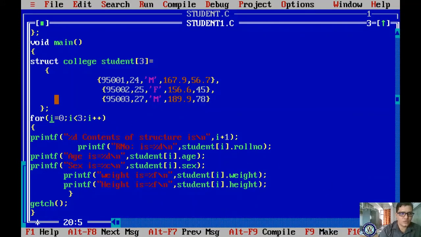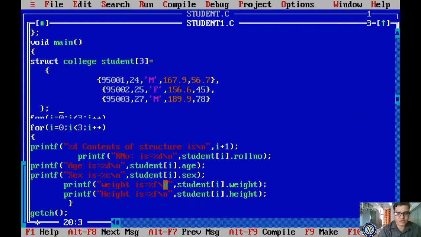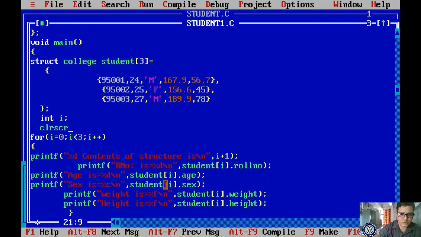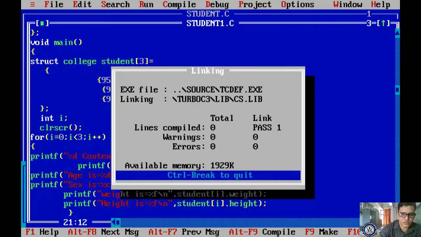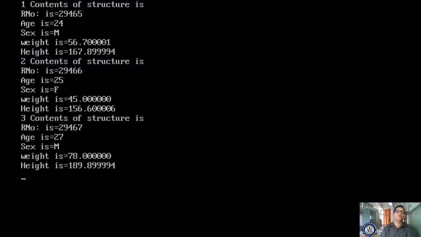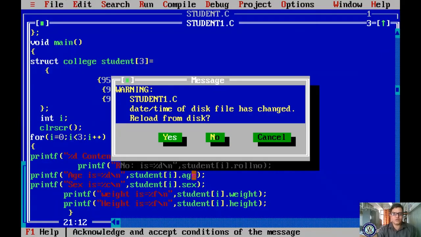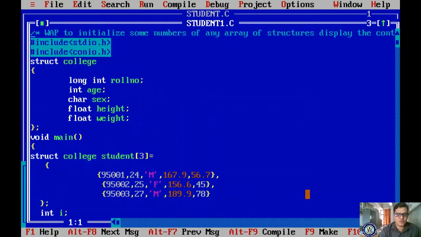So it should always be declared here, int i, and clear here. Save it, compile it, there is no error, run it. If you run it, the first content of structure is displayed, the second content of structure is displayed, the third content of structure is displayed. So these values are initialized, hence it will work like this.